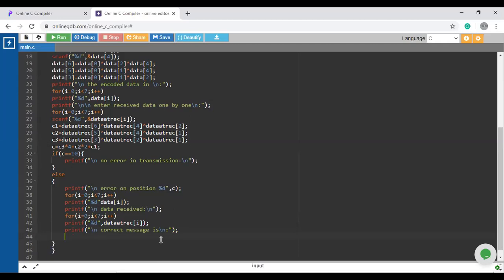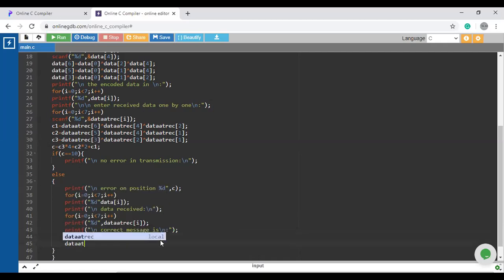If the error bit is 0, then we will complement it with 1. And if it is 1, then we will complement it to 0. So for this, again, I will check a condition: if data at receiver side at 7 minus C is equal to 0,